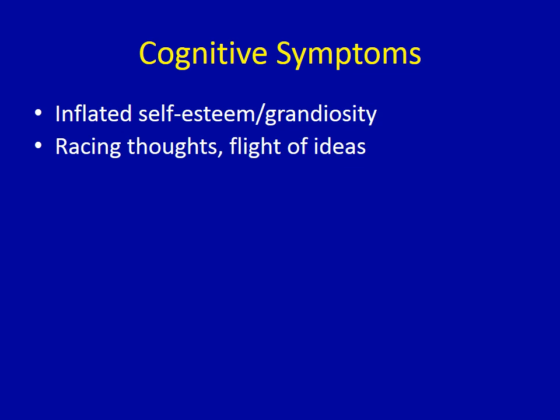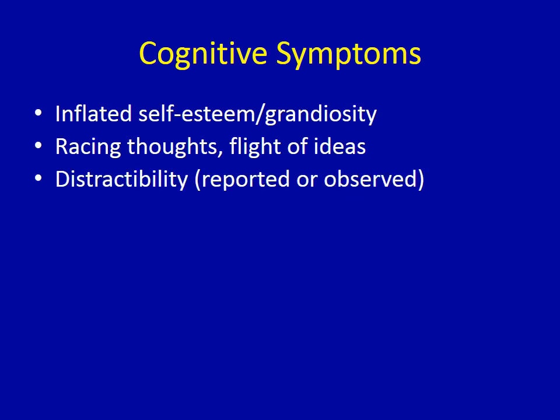And then our final cognitive symptom is distractibility, and this can either be subjectively reported by the individual or can be observed. And this is another symptom that we also saw with our depressive disorder. So remember that difficulty concentrating and sustaining attention was a symptom of a depressive episode, but we can also see difficulty sustaining attention in manic and hypomanic episodes. So this distractibility is often characterized by being easily distracted by new ideas. So finding your attention very easily captured by novel stimuli. Working on one task and then getting easily sidetracked onto another task.